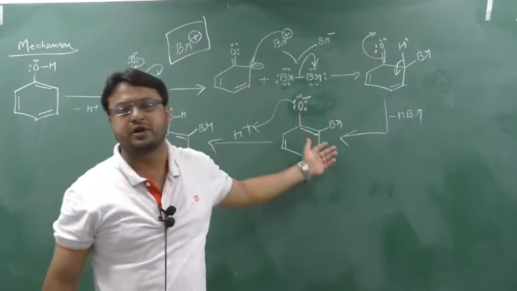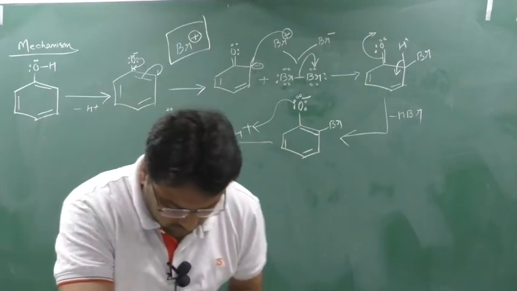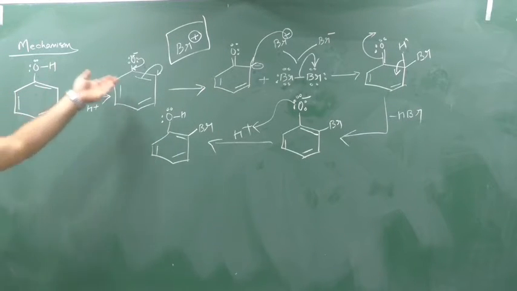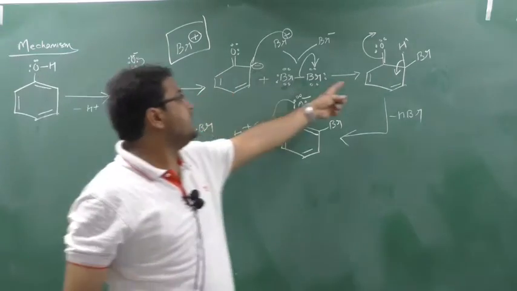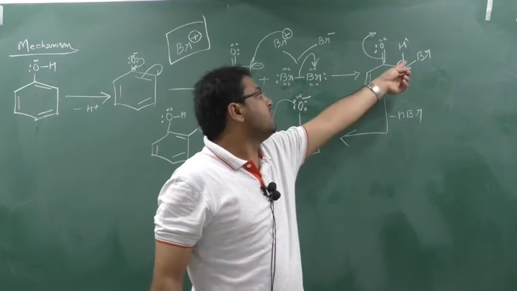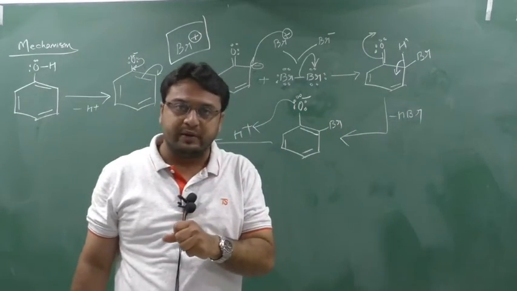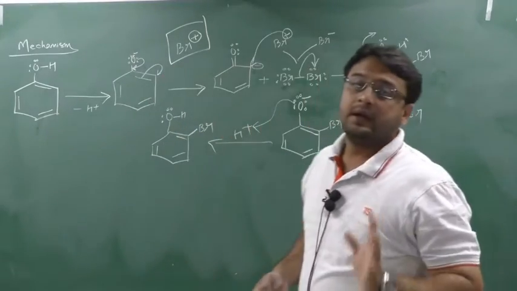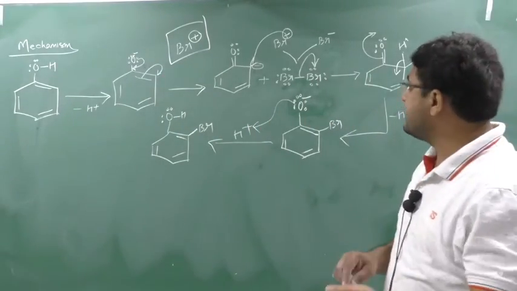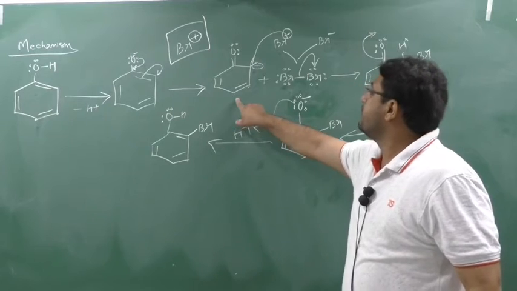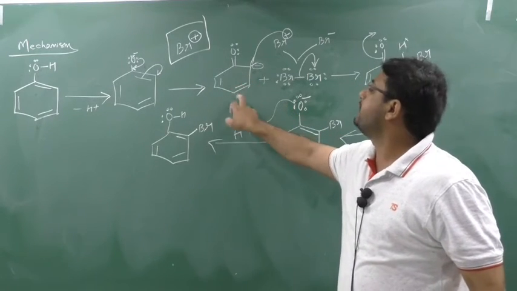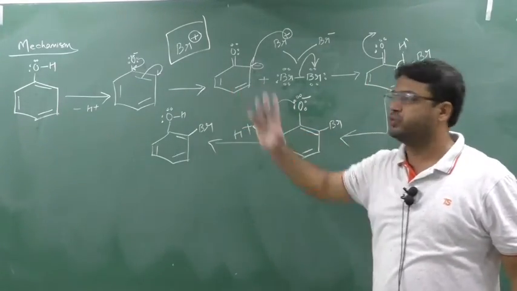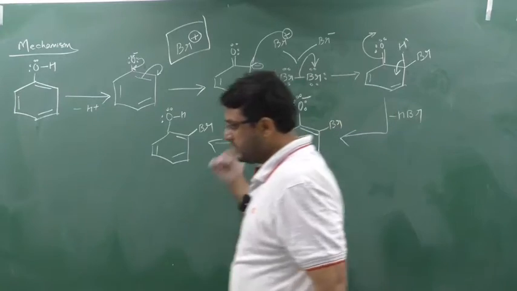And here nucleophilic substitution reaction is not possible because, as I told you, there are two reasons. It is a pi electron rich compound, and this bond is highly stable, showing the plus R effect. So I have to gain the aromaticity back. Who will help to gain the aromaticity? This ortho position hydrogen. If I had shown the mechanism with the para position, then this para position hydrogen would help to get the aromaticity back, and the para hydrogen would be removed as H plus. Clear this part? Take a screenshot.